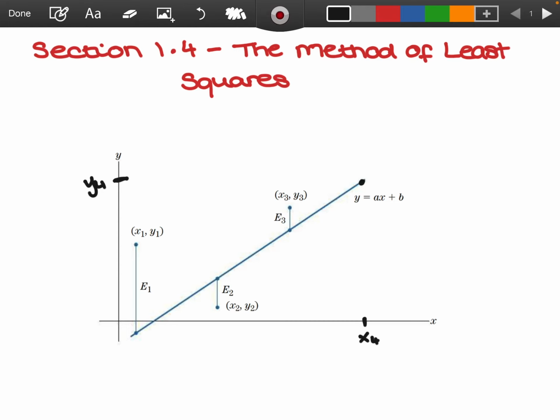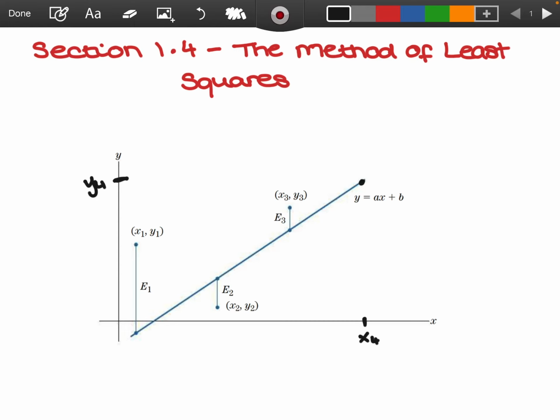So we can see that in this random line, again, this may not be the line of best fit. We've just drawn a random line through 3 data points. We have an error, we'll call it E sub I, for each data point, and that is the vertical distance of each data point from the line. Now, the problem with each of these E sub I, so E sub 1, E sub 2, and E sub 3,